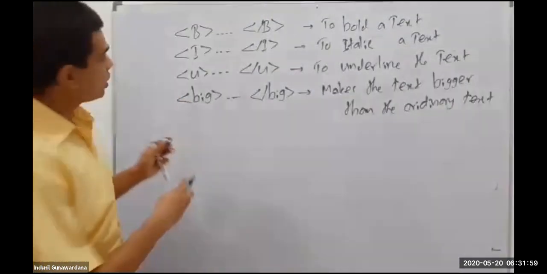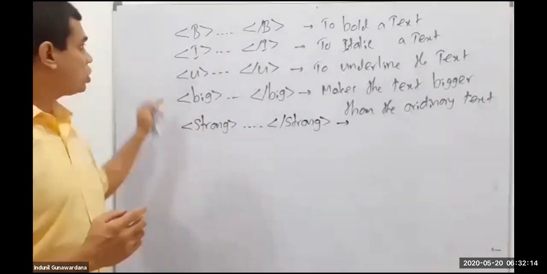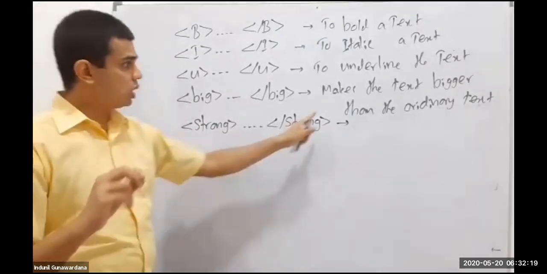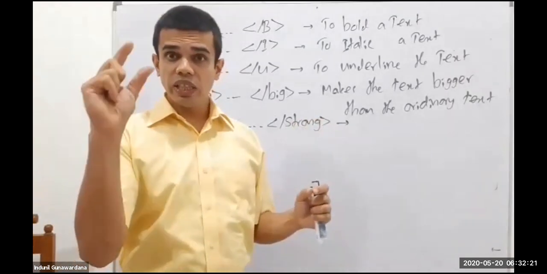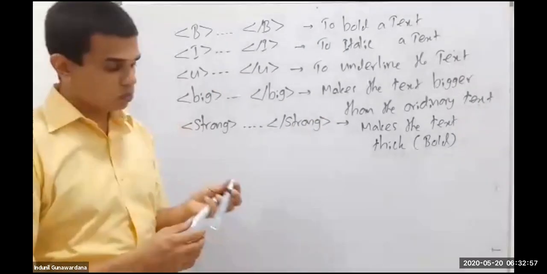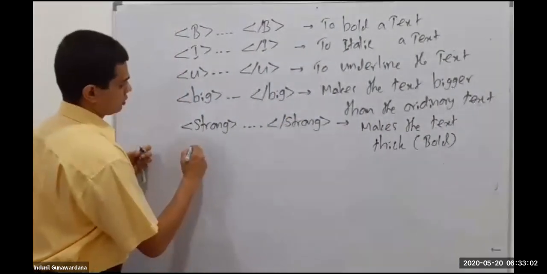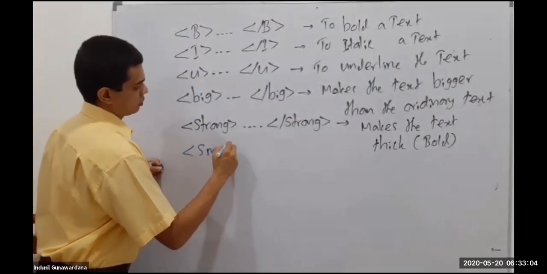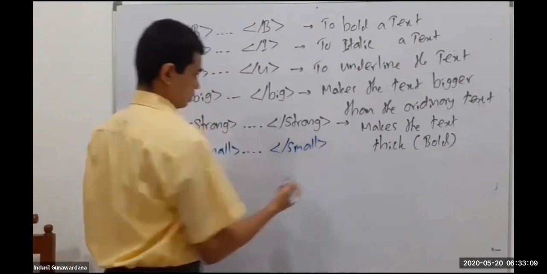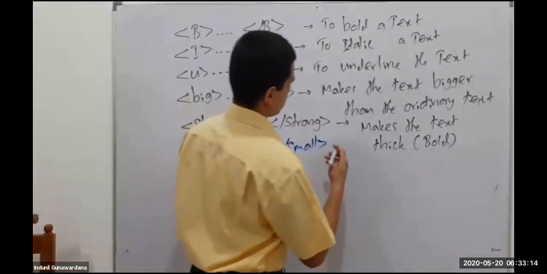So then we can write another one called strong. It is similar to the bold tag. So it makes the line of the text a little bit stronger. With a thicker border, the text will be written. So similar to bold, we have the other one called small. Yes, we have another tag called small. What will it do then? Makes the text a little bit smaller than the ordinary text. Opposite of this. Called strike.